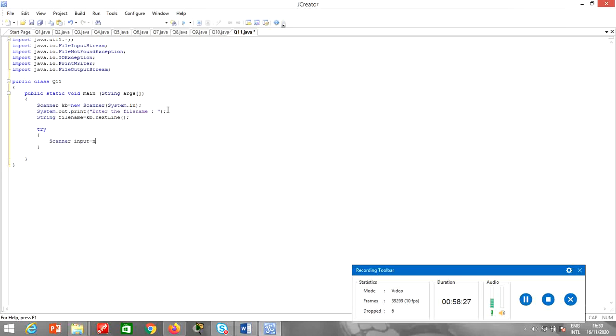Scanner input is equals to, I will check whether the file exists or not, is equals to new file input stream, and I will check whatever the user has specified the file name, whether this file exists or not. So after this I will just read the file, and what I will do, input dot close, I will just close the stream, and if the file exists, I'll give a message to the user,